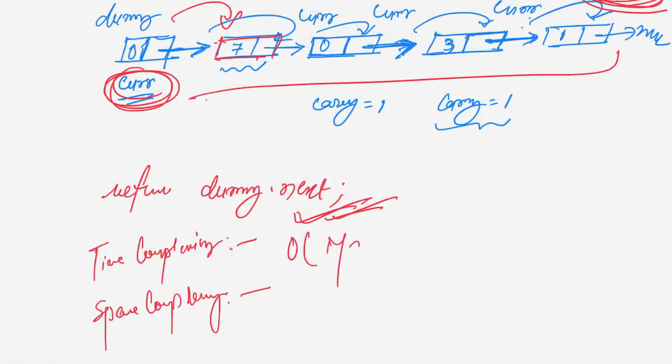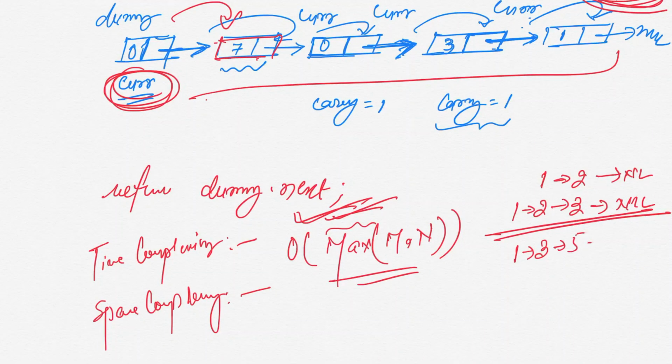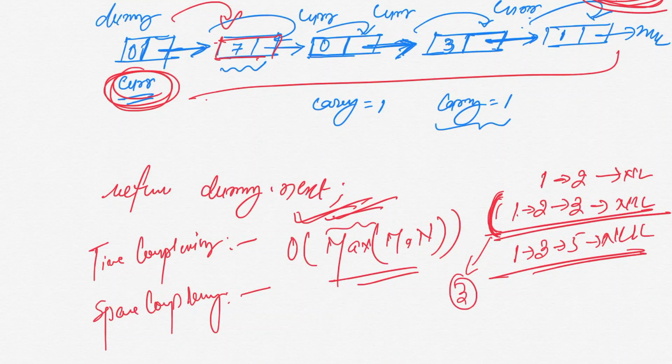So it's going to be O of max of n, m. Why have I taken the max? Because suppose you have been given one example like 1, 2 and null, and you have been given 1, 2, 3 and null. So how many times are we going to add, right? So 1, 3, 5 and null. So whatever the maximum length, in this case the maximum length is 3, so this is going to be the answer.